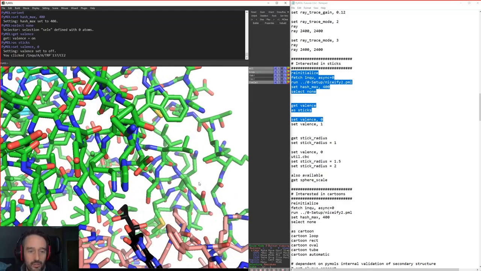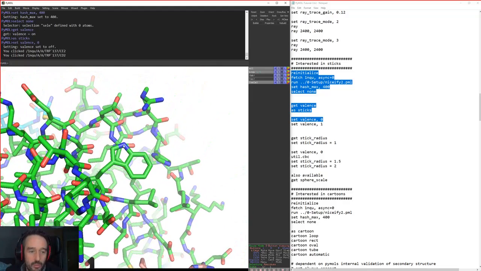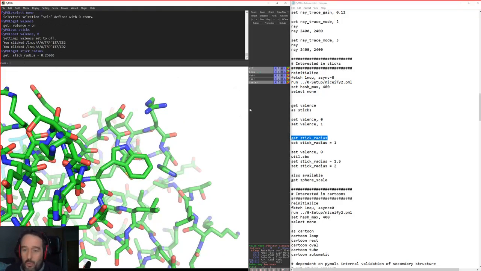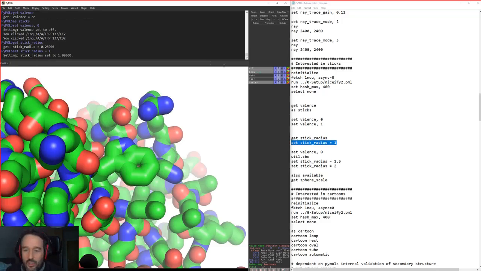Okay, for whatever reason that now has worked. You can see that our double bonds have been removed here. I'm showing you this as a way to say you can manipulate things like your stick radius. Why would you ever want to do that? Well, this just depends on exactly how you want to look at your images.